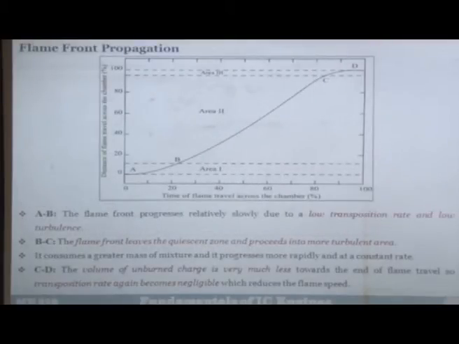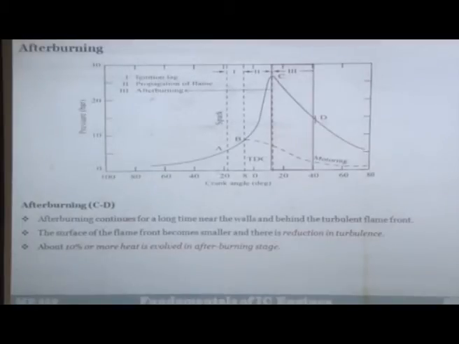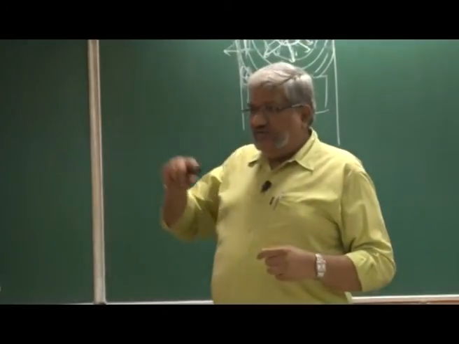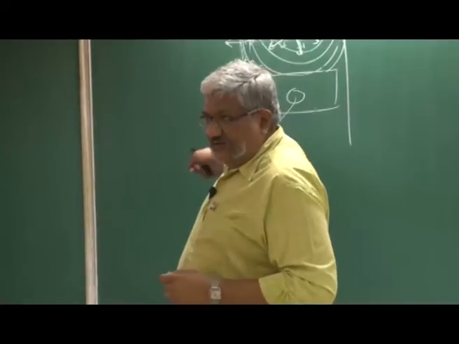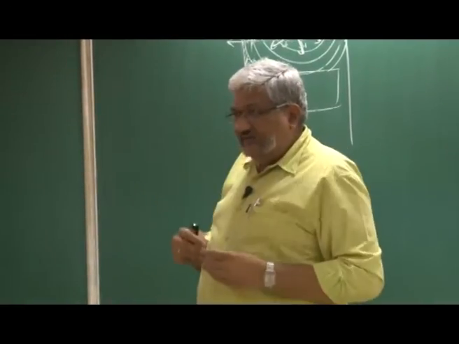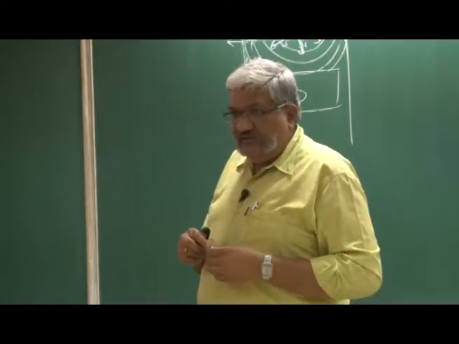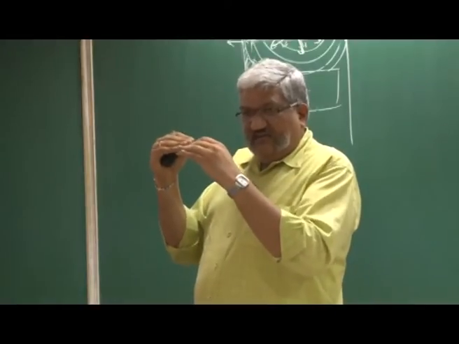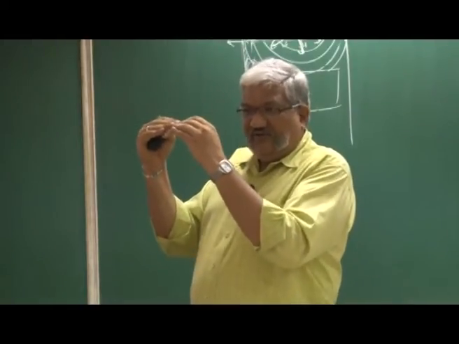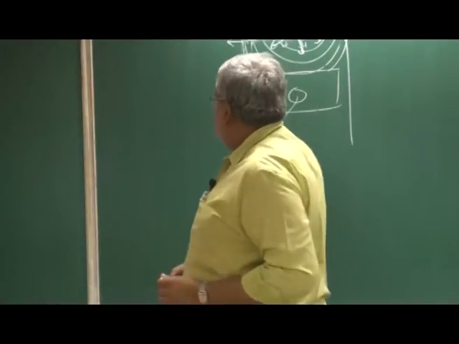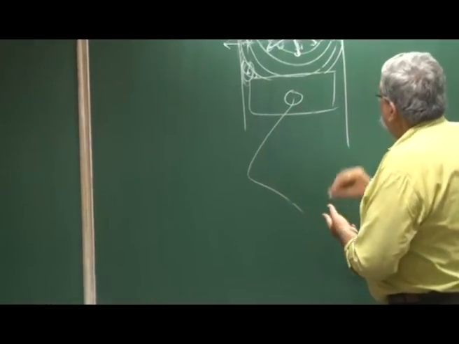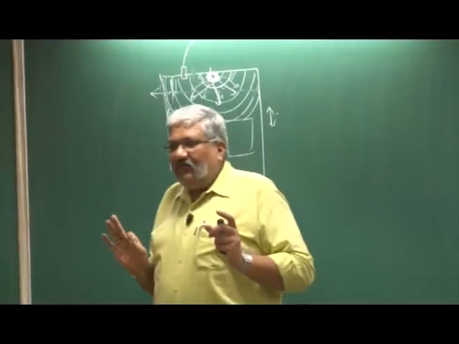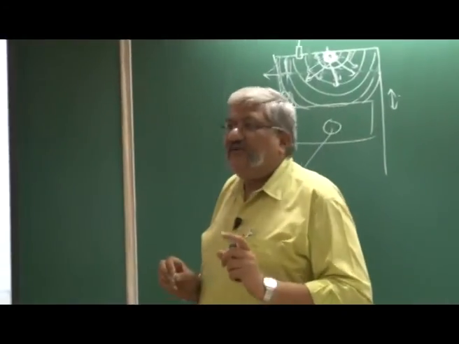So, let us look at this. You see here only 10-15 degrees before top dead center, and only 20-30 degrees after top dead center. During this time, you have a crank slider mechanism here. So, does the volume change too much? Does the piston move too much? It is reaching TDC. When it reaches TDC, its linear movement is already reducing, its velocity is decreasing, it goes to 0, then starts picking up. So, practically speaking, there will be very little movement during this entire phase of combustion. For all practical purposes, the volume of the cylinder does not change much.